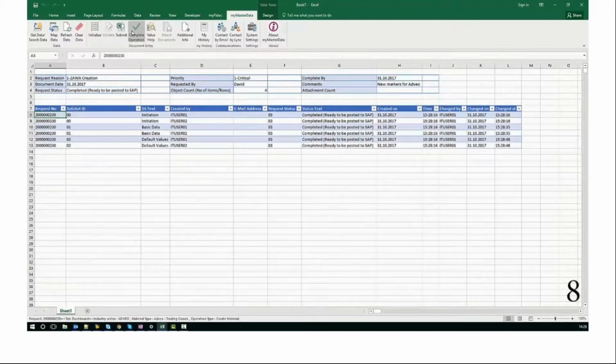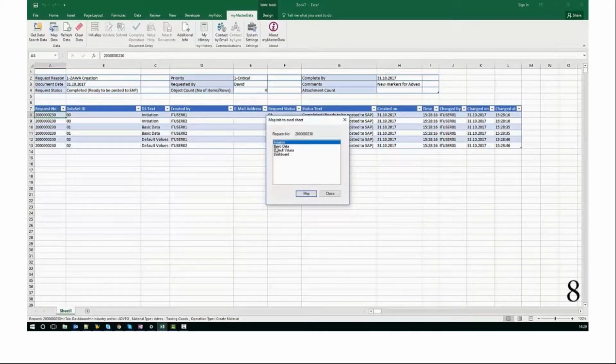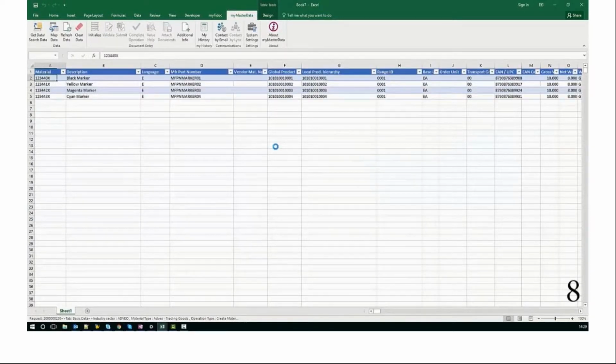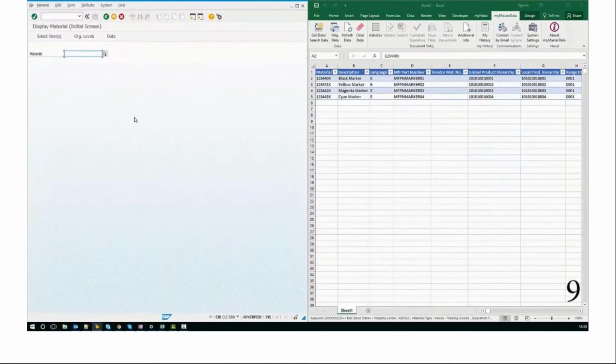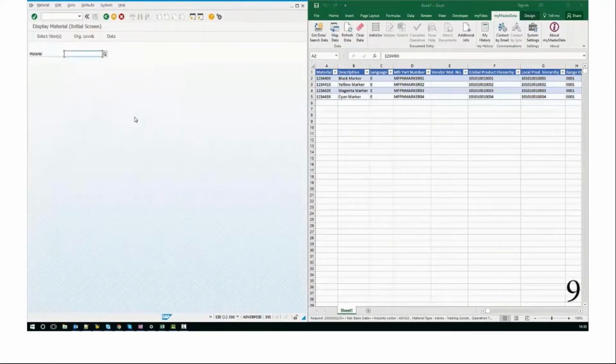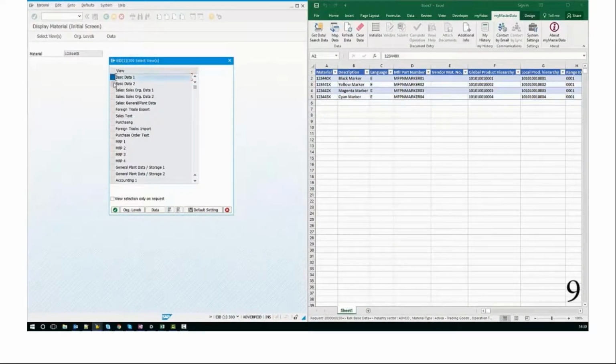Okay, so now we are seeing what products we complete the operation. It confirms that all products have been created. We can see all data of those products, and now we're going to check that these products exist in SAP. So as you can see, we are checking that the marker has